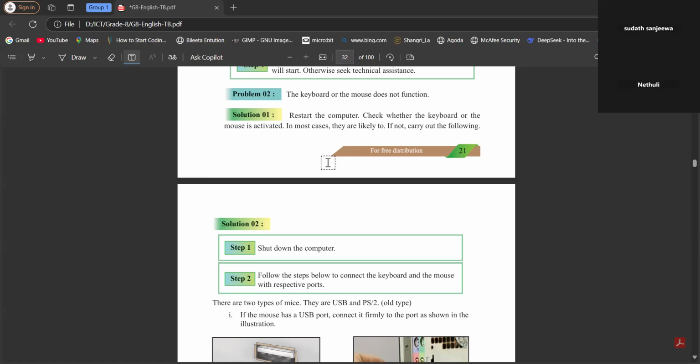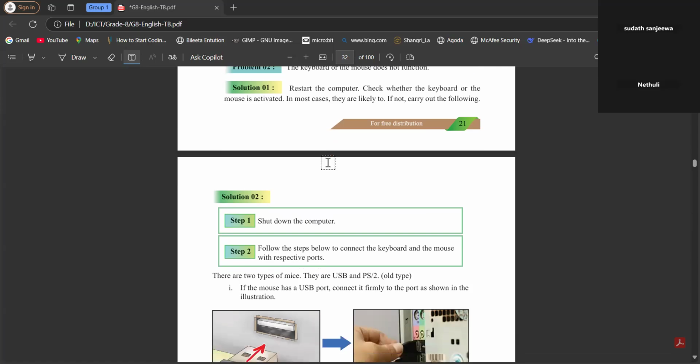Sometimes even when the computer is started, keyboard and mouse is not working. So we cannot find any problem there. Therefore, we can restart our computer, right? So in some computers there is a restart button, then we can restart the computer from that button. Even if the computer is not restarted, then we can check for another solution, that is shut down our computer,